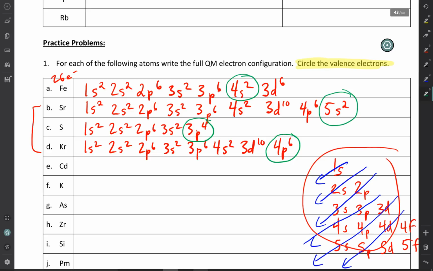We'll focus mostly on the S and P blocks, so it's always going to be the last electrons, especially when we start talking about chemical reactivity. While I've got you looking at your practice problems, there's one more thing I'd just like